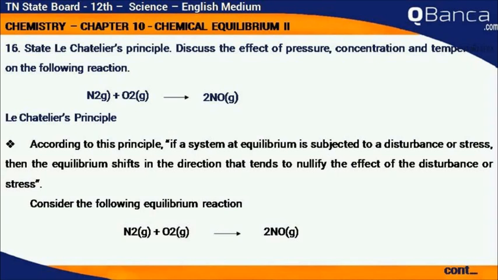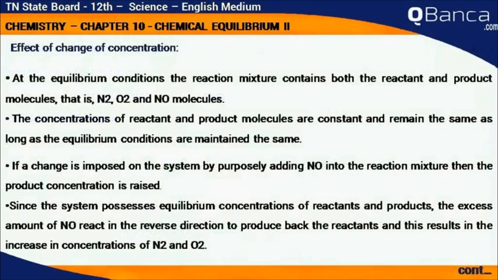Consider the following equilibrium reaction: N2 plus O2 gives 2NO. Effect of change of concentration. At the equilibrium conditions, the reaction mixture contains both the reactant and product molecules, that is N2, O2 and NO molecules. The concentrations of reactant and product molecules are constant and remain the same as long as the equilibrium conditions are maintained the same. If a change is imposed on the system by purposely adding NO into the reaction mixture,